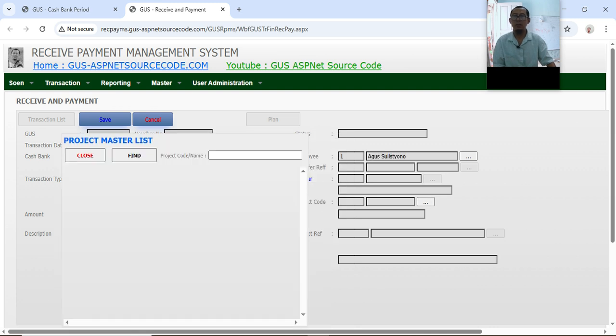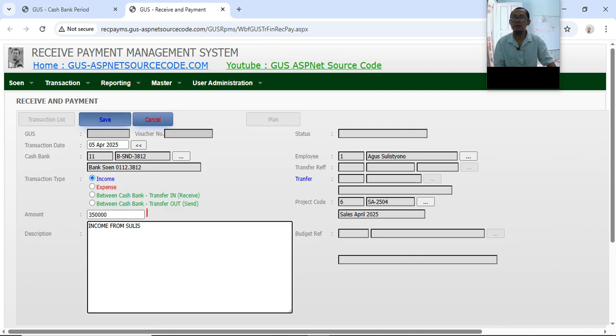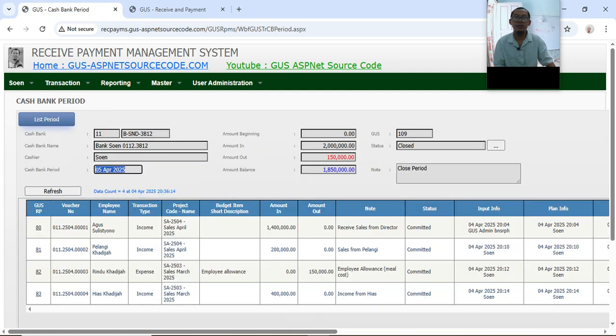The project code is SA. Let's save. The message is shown here: 5 April is not open. Let's check. The 5 April is now closed.